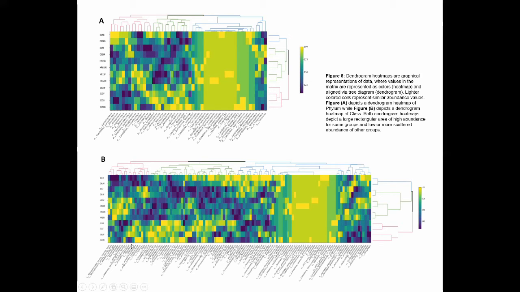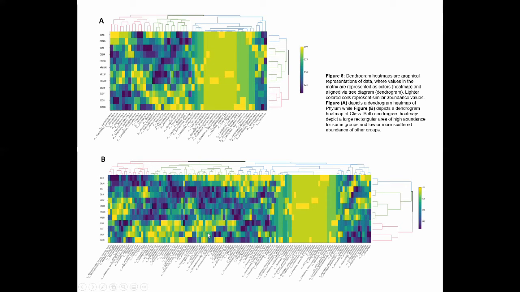On the very bottom of each of A and B, you'll see a list of all of the respective taxon. For A, it's about phyla, and for B, it's about class. So to get that out of the way, let me go back and start where the lighter colors, as you see right up here on the very left, on the very right of each one, represent similar abundance values. So if we look back at figure A, this generalizes the similarities and differences between certain groups, while